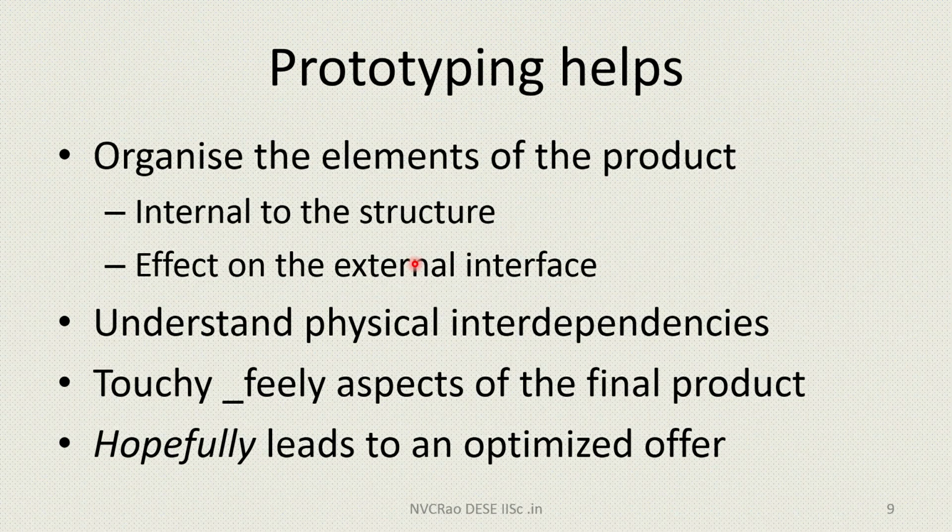So, coming back to my presentation here, we have the effect of all these elements on the external interface and the reverse also. The external interface determines the internal layout and structure, while the visible elements I have spoken to you about. A modern new mobile may have a minimum of 5 to 6 antennas to carry out their functions. So, these antennas also have physical interdependencies, one should not interfere with the other.